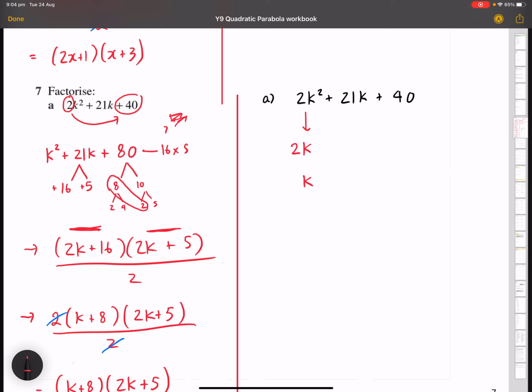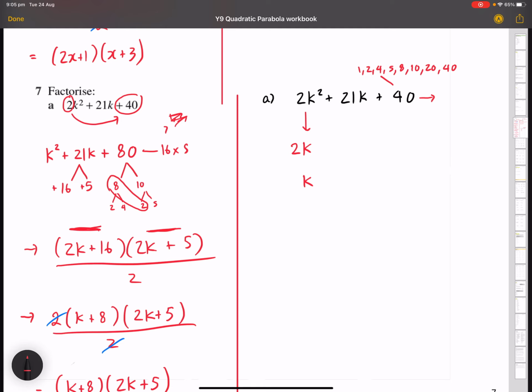Now with 40, let's look at all the factors of 40. We got 1, 2, 4, 5, 8, 10, 20, and 40. There are 8 factors, which means that there are 4 pairs, 4 sets of